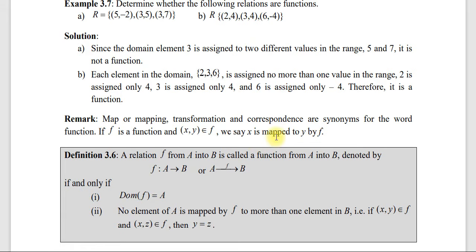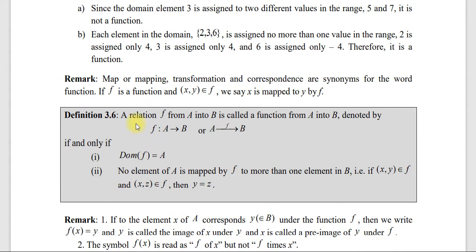Okay አሁን mapped ስንል እዚህ ላይ mapping, transformation, correspondence ከፋንክሽን ጋር የተያያዙ ተርሞች ወይም ወርዶች ናቸው ብሎናል። ስለዚህ x is mapped to y by f እንላለን ማለት ነው። ስለ ማፒንግ የተወሰነ ነገር እንበል፣ ዴፊኒሽን አለ።